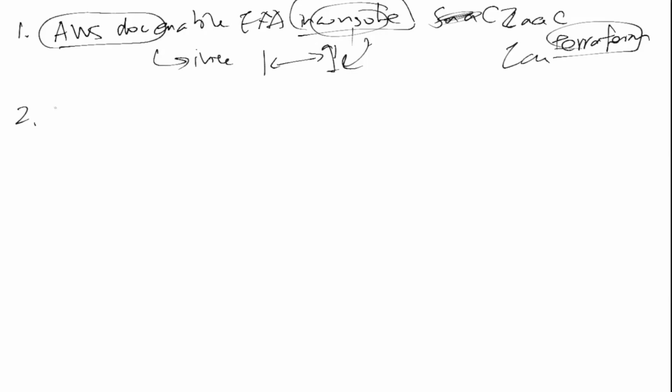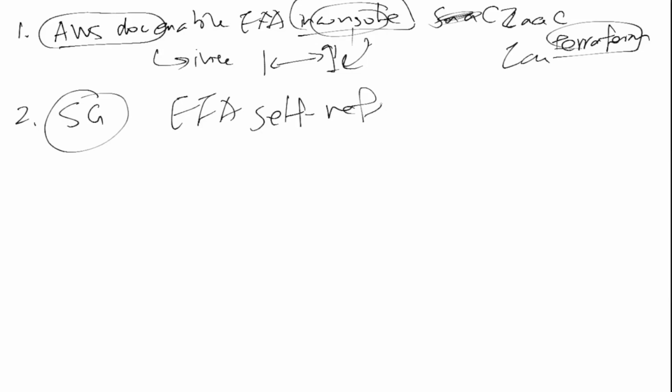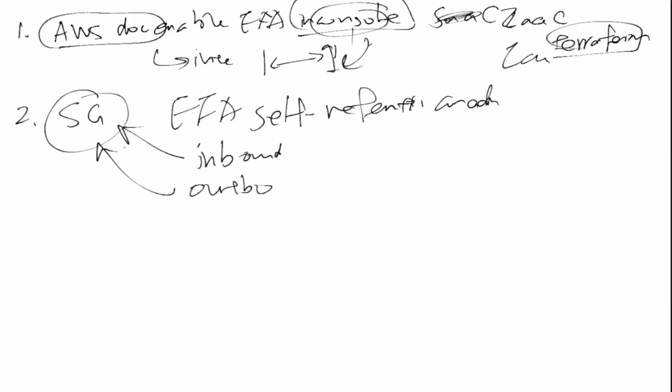The second challenge, which I didn't realize before, is the security group. This is an object inside our code, but specifically to implement EFA, it has a self-referential condition. Basically, when the inbound and outbound rules are pointing back to the security group itself, you cannot implement it as we usually do. You have to define those rules as a separate object, which I did not realize before,